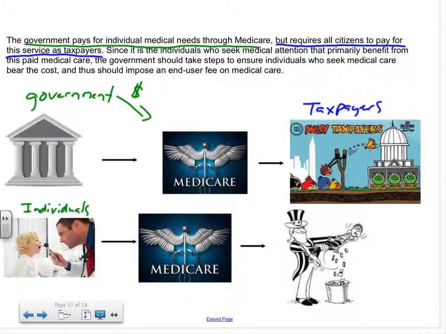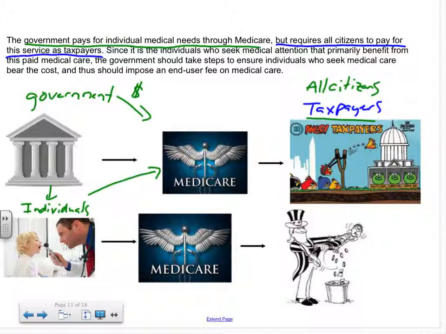And what it is saying is that the government pays for individual medical needs through Medicare, but requires all citizens or the taxpayers to pay for this service. And the second part, since it is the individuals who seek medical attention that primarily benefit from this paid medical care,